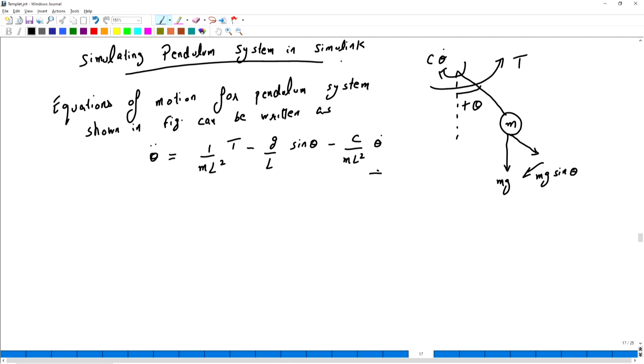So I am continuing with my numbering system. This is equation number 30.